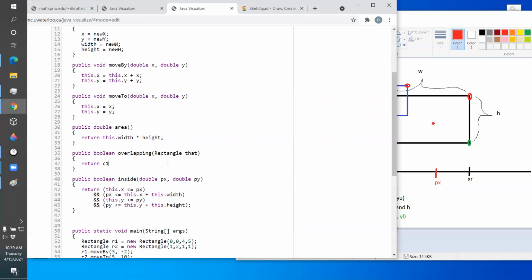I'll call it corner 1 is, so I'll say this dot inside. A little bit tricky to write. Okay, this dot inside is this one. I'm asking if something's inside. So I'm going to call this corner 1. Corner 1 is going to be one of the 4 corners of that rectangle. I'll define it later. So return corner 1 is inside this,